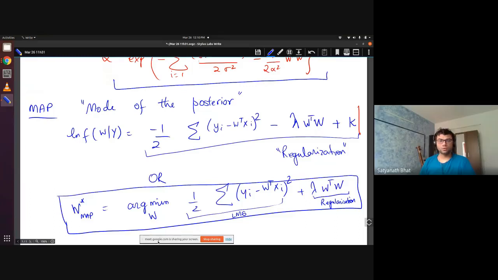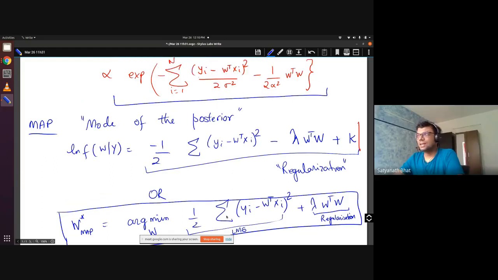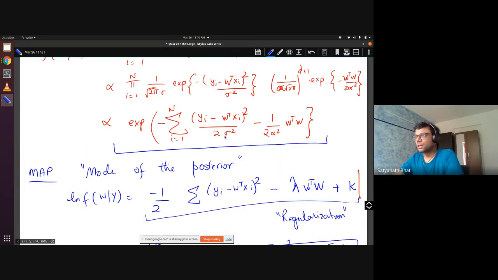Anyway, yeah. Go ahead. So the formula is like this, ln f(w|y). In this case, the lambda which is coming is nothing but 1/2 alpha square. Yeah, it is like that, but you have to be careful, there is a sigma squared also. I think it is 1/2 alpha squared. I have been a little sloppy. I don't know whether we can remove the sigma squared. If we can't, we will put it back. That is fine.